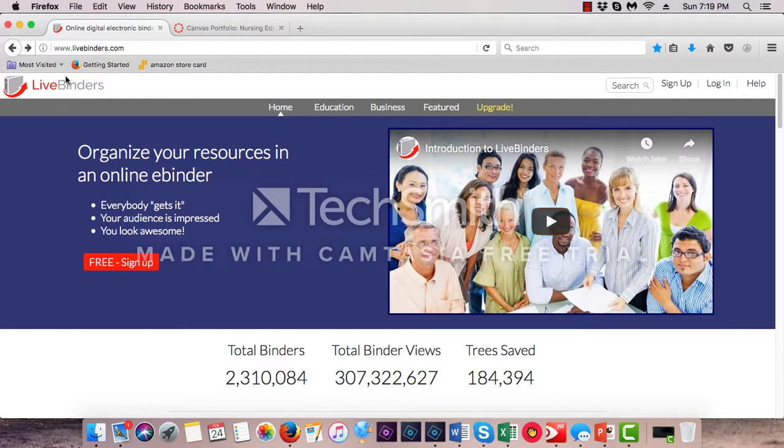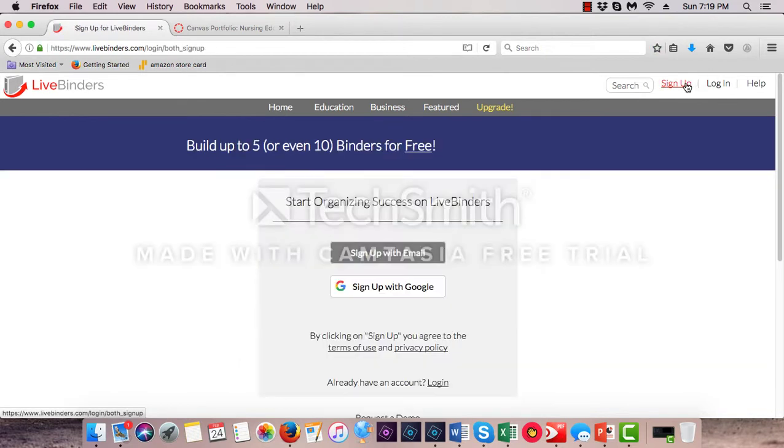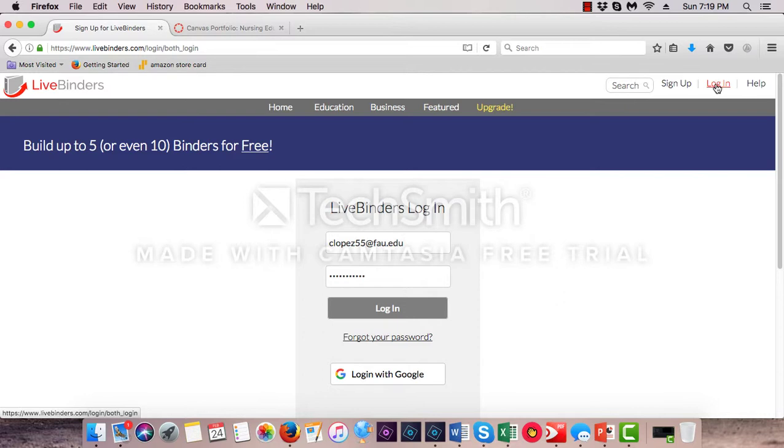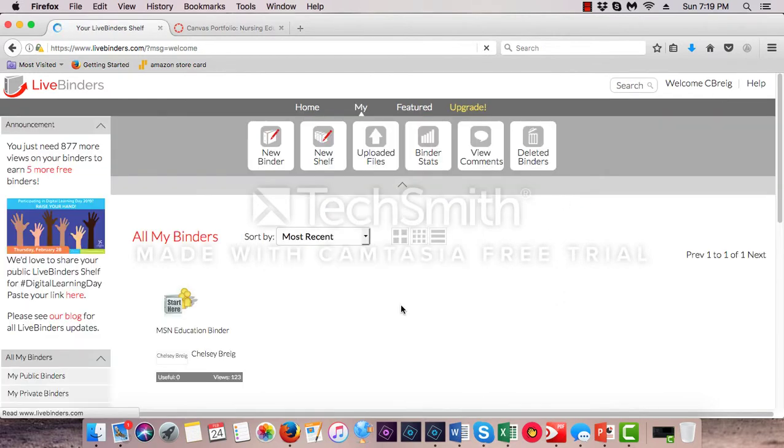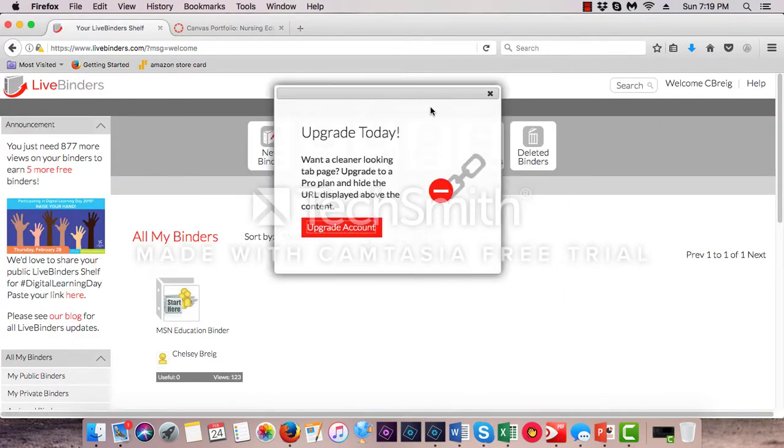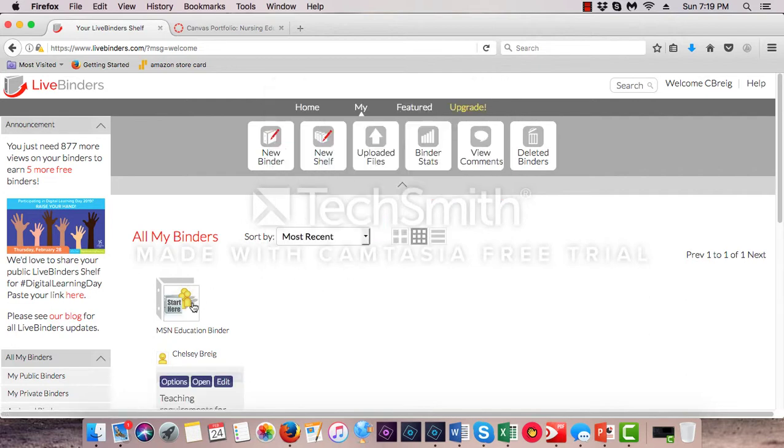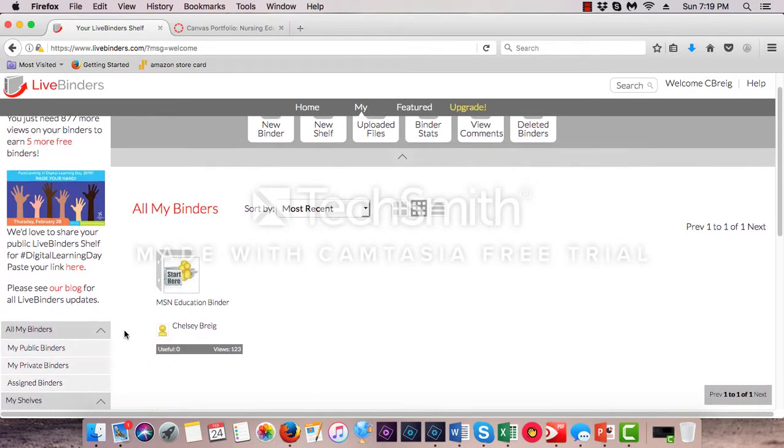So when you first go to livebinders.com, this is what your screen looks like. The first time you get here, you're going to need to sign up for LiveBinders. So you sign in with your email, you make a password. It's easy. Because I already have it, I'm just going to log in. So here's my login information, and this is basically what your screen's going to look like. This is my MSN Education binder that I've been working on already. There's a link to this inside the Canvas LiveBinder section, but we're going to show you how to do your